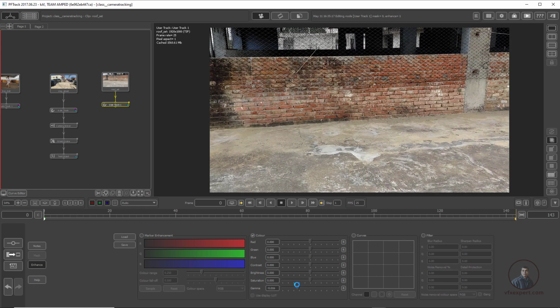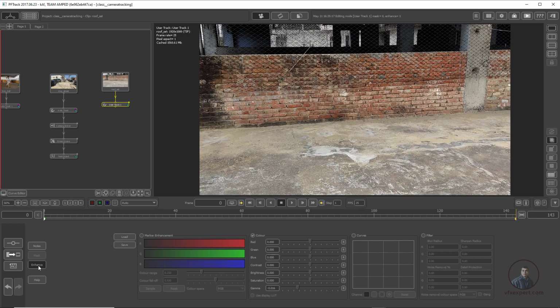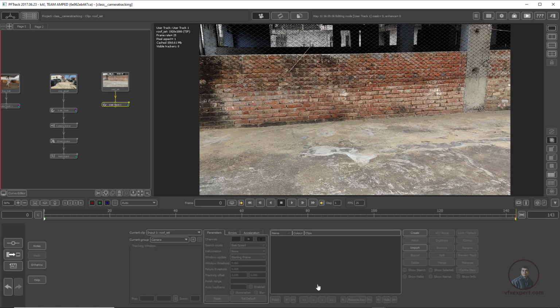So maybe a little bit. Now all features, all points are a little bit visible here. Then again simply click here. Now we are inside our user track parameters. Remember, a minimum of 6 to 8 trackers are required for solving our camera for the entire duration. Some trackers we will track in our foreground, then midground, then background. Like this, we have to track a minimum of 6 to 8.